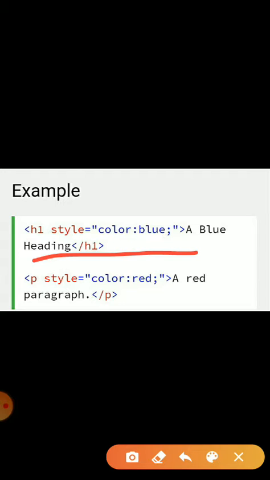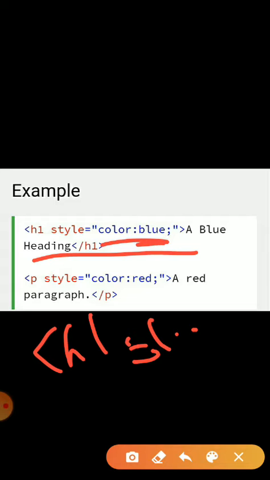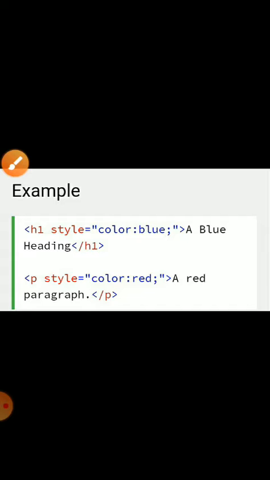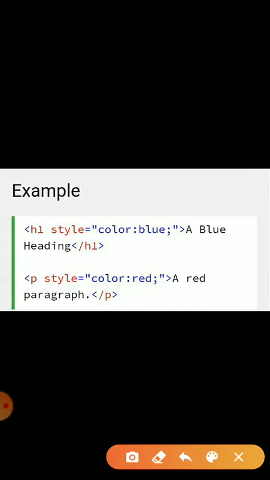We just write inside the H1 tag, the style attribute, then style equal to color colon blue, a blue heading, so it will automatically change the color of heading 1 to blue. Then for the paragraph, if we want to change the paragraph color to red, we just apply the style